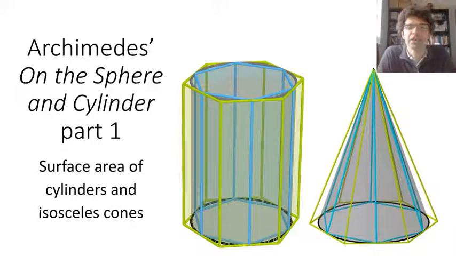It's such a rich text that I'm going to explore it in 4 videos. And this first one will focus on some of the basic points and how Archimedes used them to work out the surface areas of cylinders and cones, and then we'll be ready to move on to spheres next. If you haven't looked at my videos on Archimedes' measurement of the circle yet, then I recommend that you check those out first because they introduce in a simpler form some of the essentials that we're going to cover here.